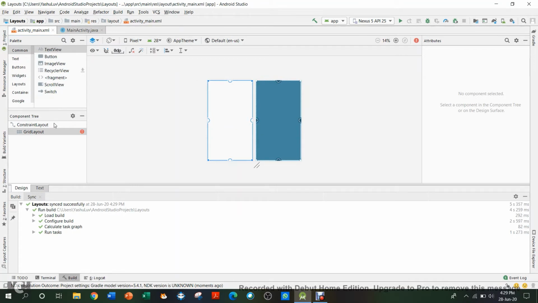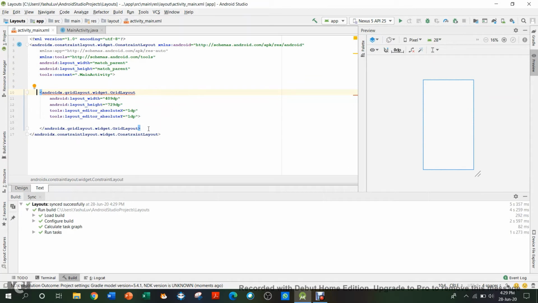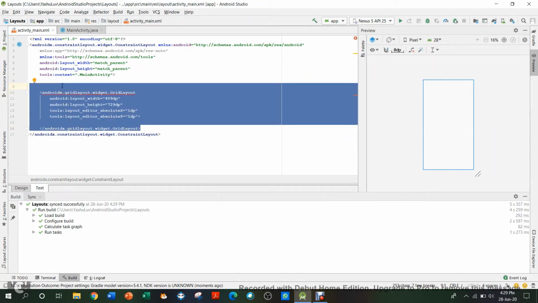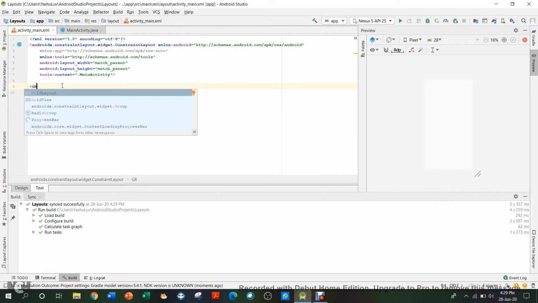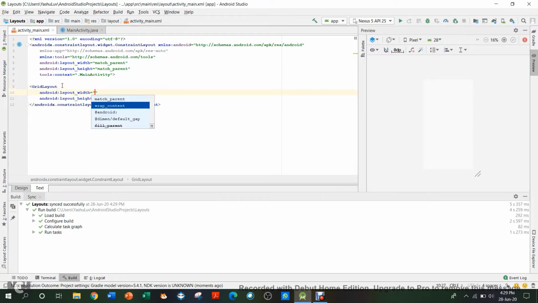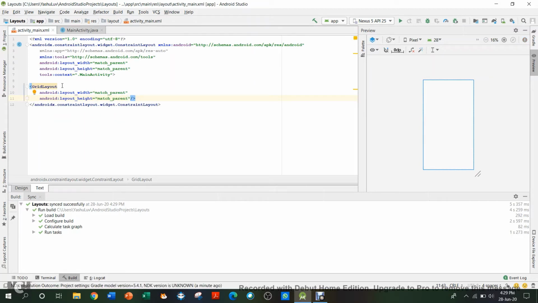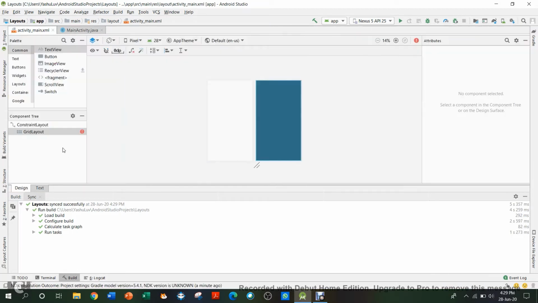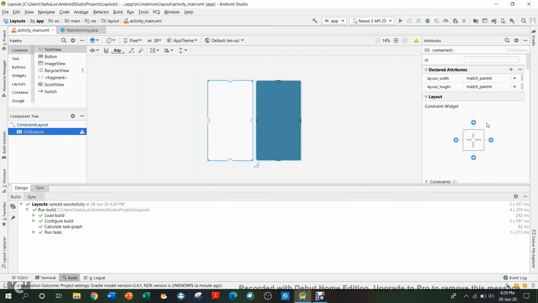Yeah, now you can see. Okay, so you'll have to just type it over here if you want it. So we have gotten the grid layout. Then you can go here and then add the constraints.